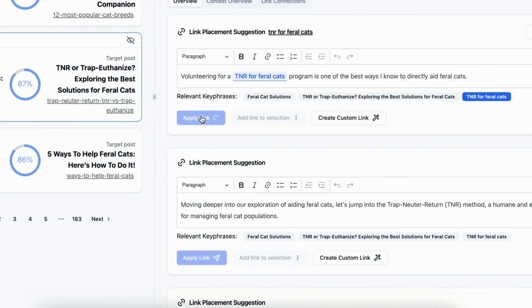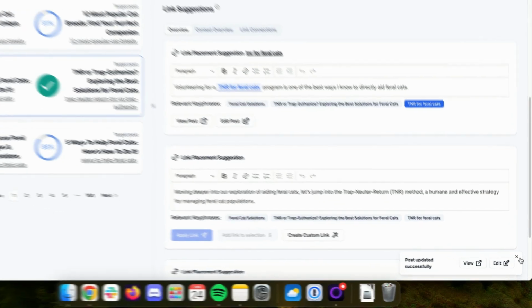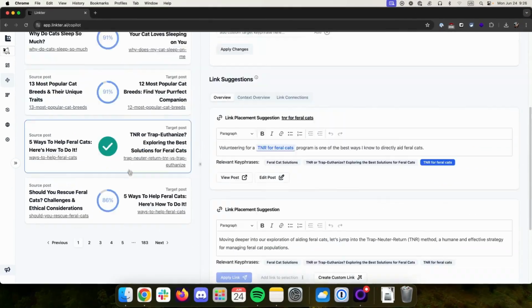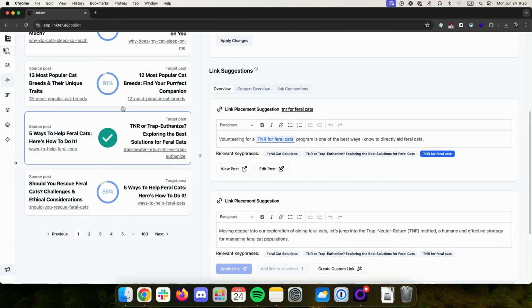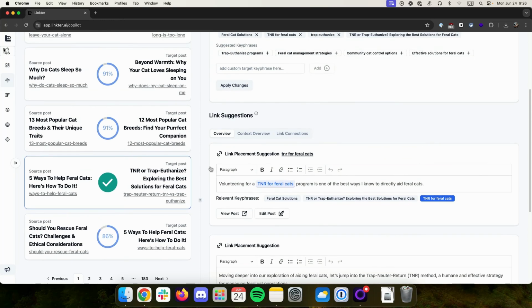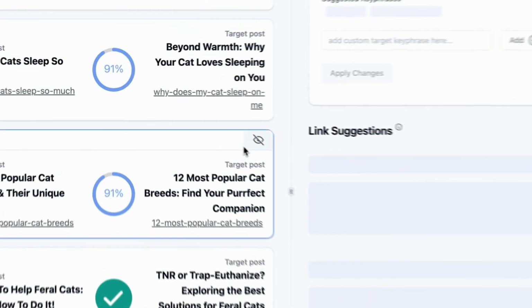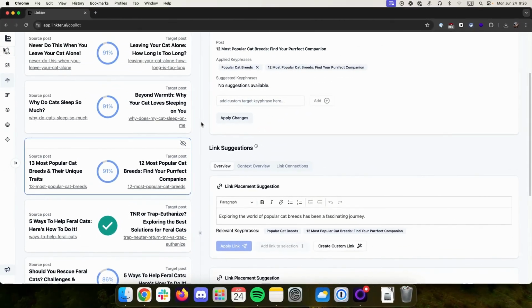and in a matter of seconds, that link will be added to the website, which you can also view or edit directly there. And as you can see, that one is now checked. And once I refresh the screen, it's no longer going to be shown there. Another thing I want to show is that you can always choose a specific recommendation and then decide to hide it